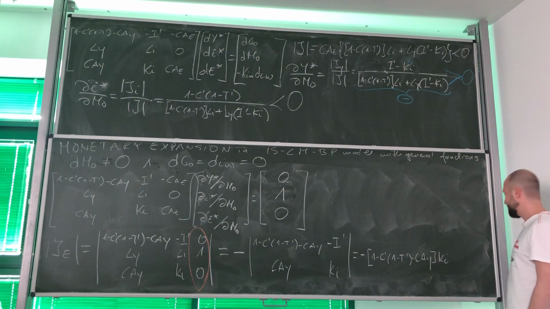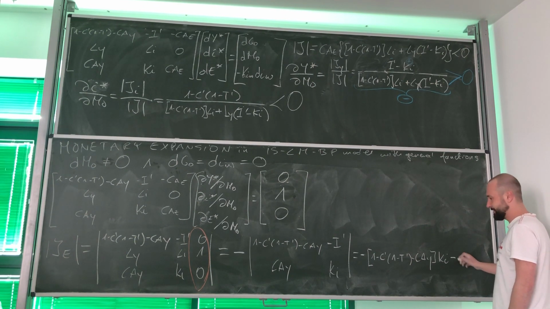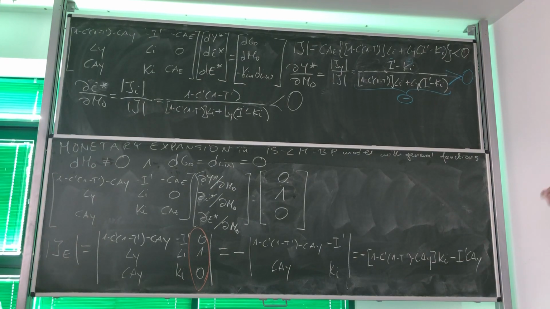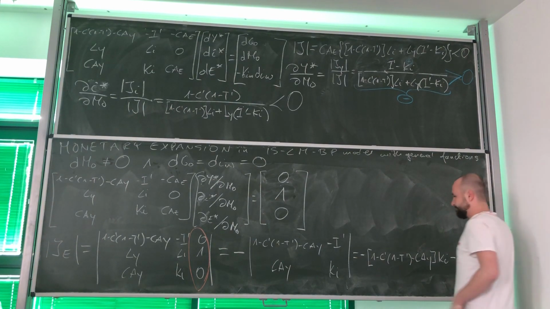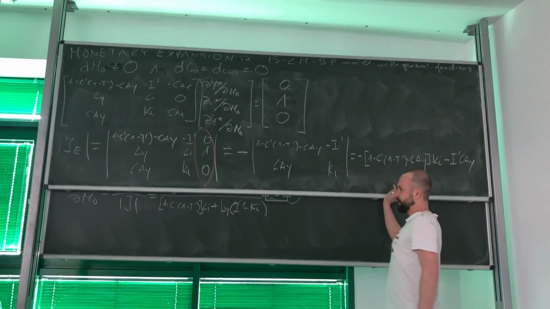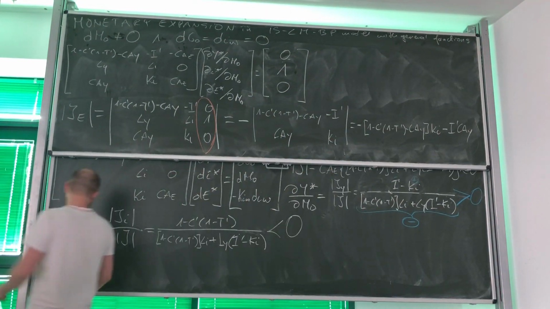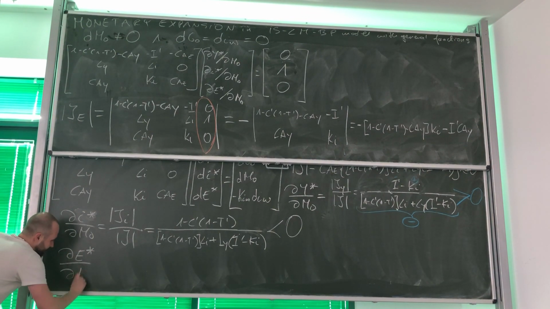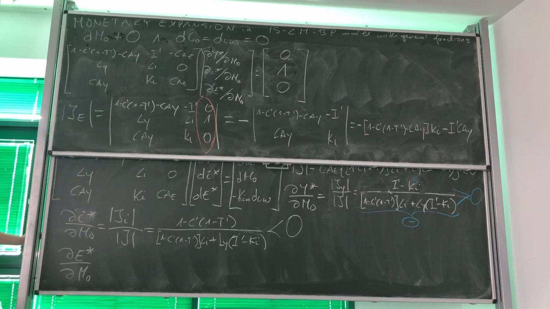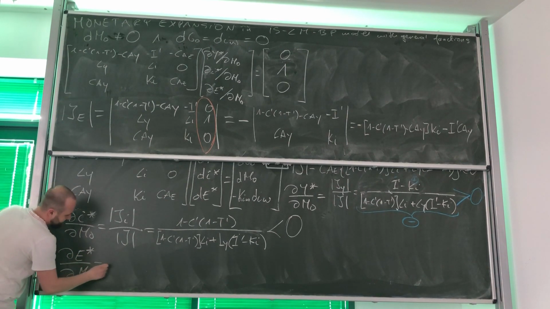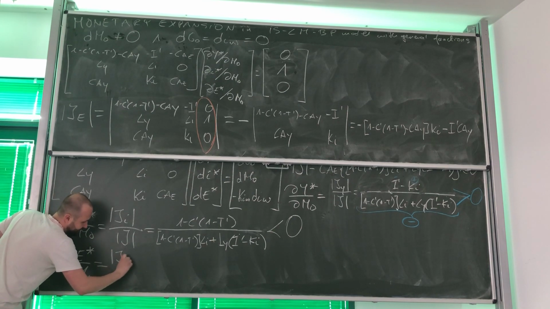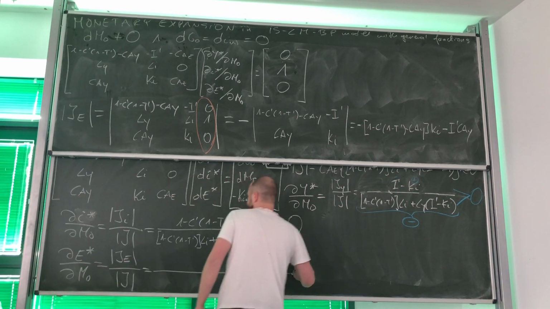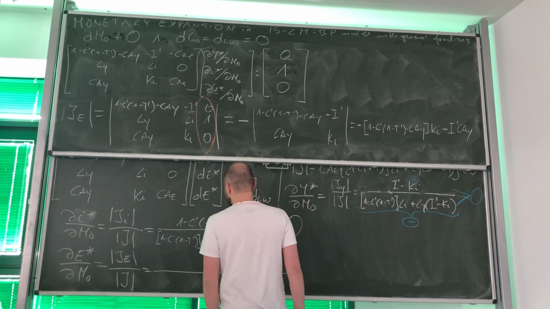And now this whole minus I prime times C_AY. Okay, and this is our last comparative static derivative. And it looks like this. So now we are learning what happens to equilibrium exchange rate when money supply is increased. So we divide J_E by J, and this one is going to be long, but okay,